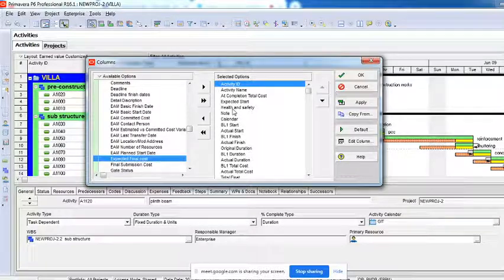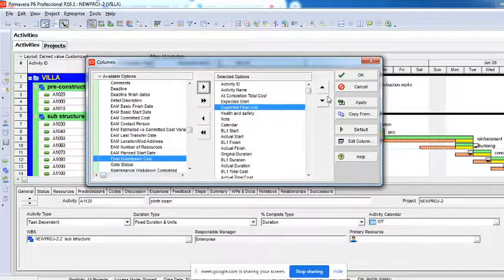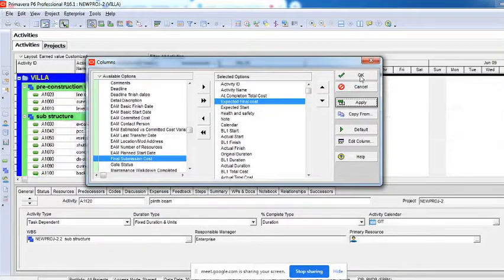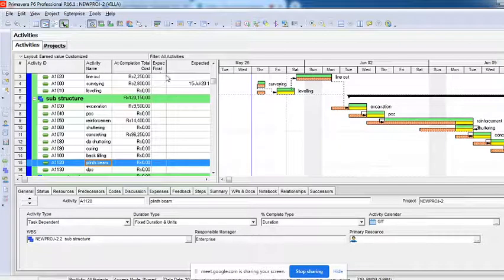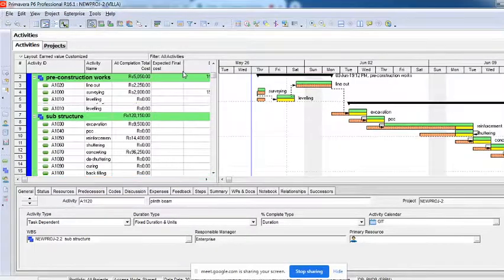Expected final cost. Yeah, I was looking for final expected cost. Okay, so there was a little confusion. I'll put it here, say apply. Okay, we have an expected final cost here.